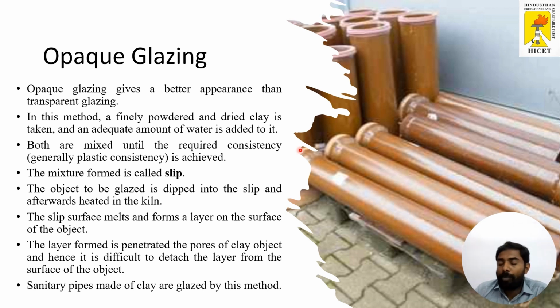The mixture formed is called the slip, and the object to be glazed is dipped into the slip and afterwards heated in a kiln, and the slip surface melts and forms a layer on the surface of the object, and this layer penetrates the pores of the clay object,